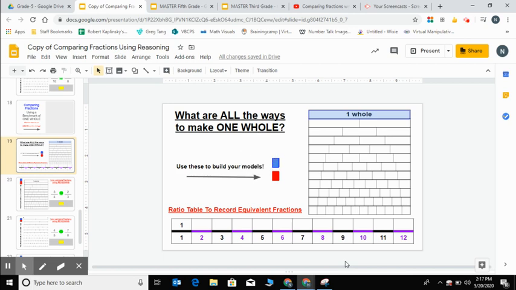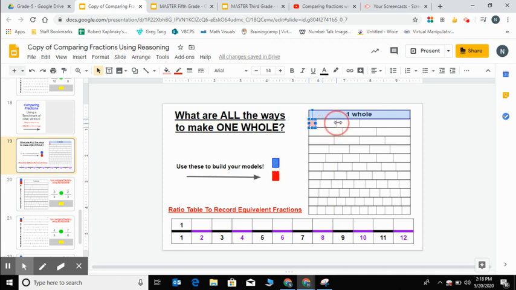All right, mathematicians, I'm going to be using these slides and modeling how you can use thinking about a benchmark of one whole to compare fractions that are close to a whole. So a prerequisite skill is that you have to know all the ways that you can make one whole with fractions. So we all know that this top bar is one whole bar, but also if you did the second